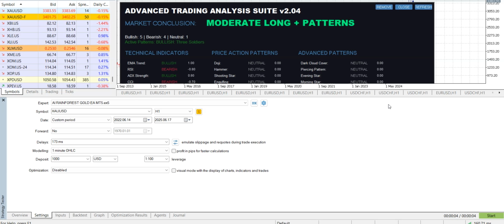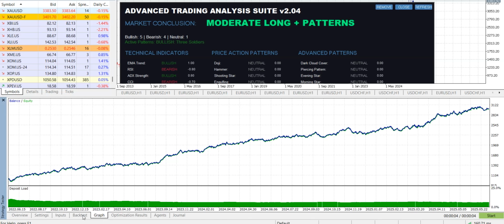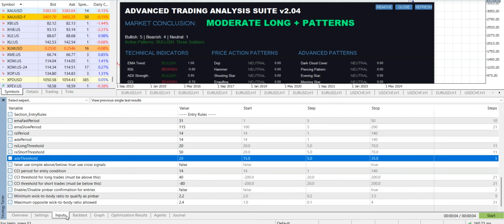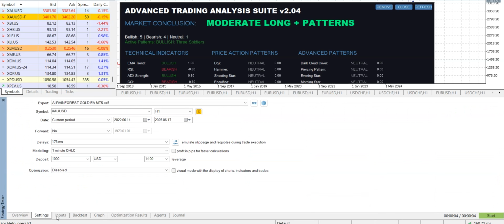Hi traders, so finally we are here again with the development with ChatGPT and in general with AI systems. Now we are going to add some more stuff to the EA and we are going to check if everything is working right.